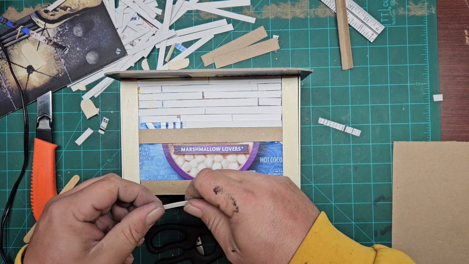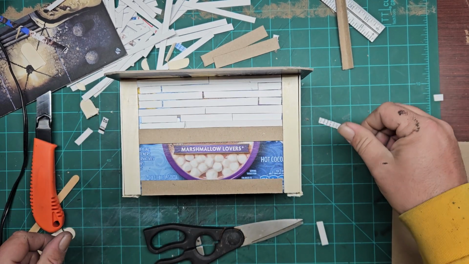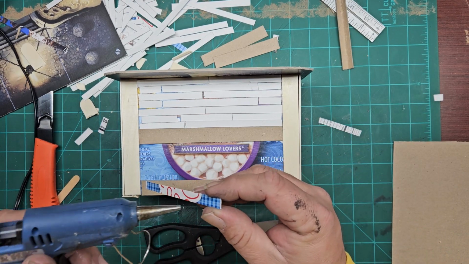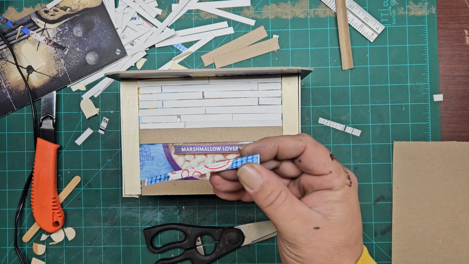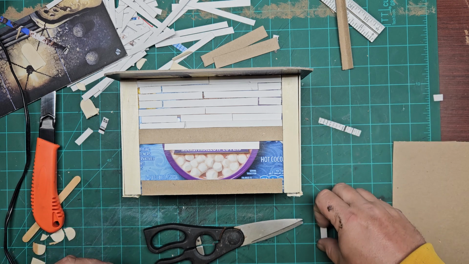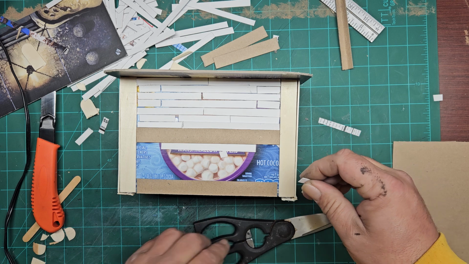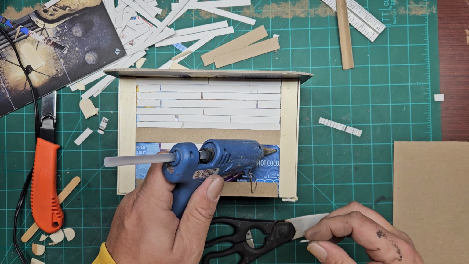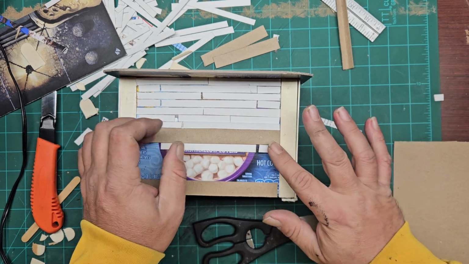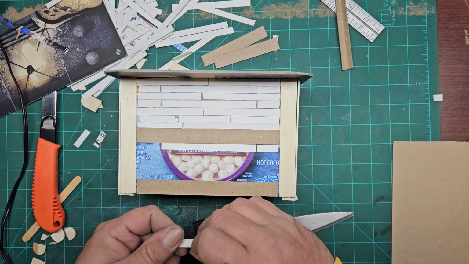Now, see, that's overlapping that a little bit. That's all right. That's not going to hurt nothing. Just leave it go. Okay? And we'll continue on. And we're going to get little pieces to fill out these edges. If we're lucky,